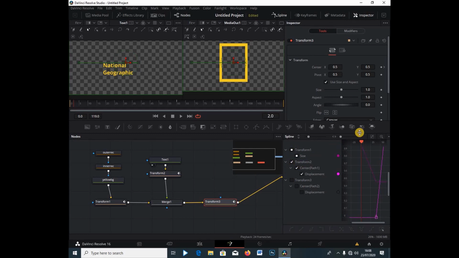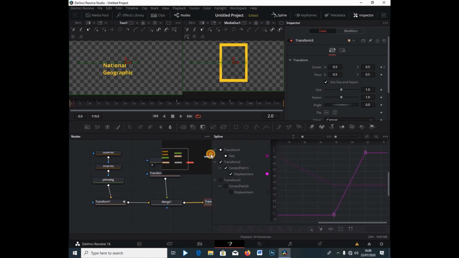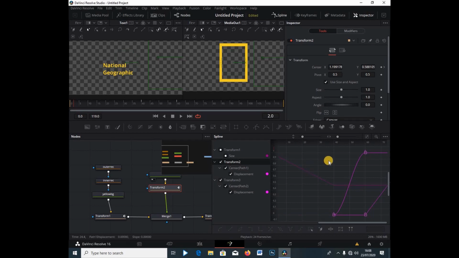I'm going to select the transform 2, just bring this to the side like so, and I'm going to highlight all these, and I'm going to press S to smoothen them out, and I'm going to uncheck this,